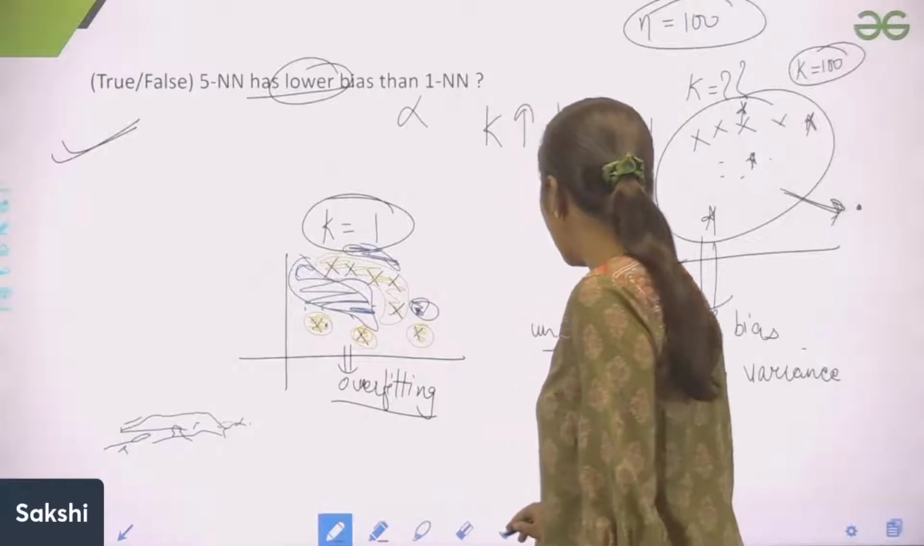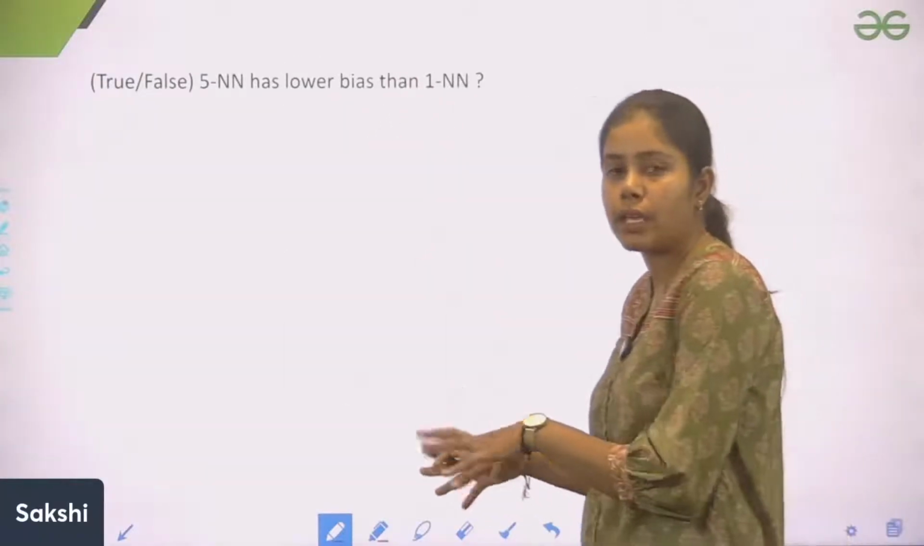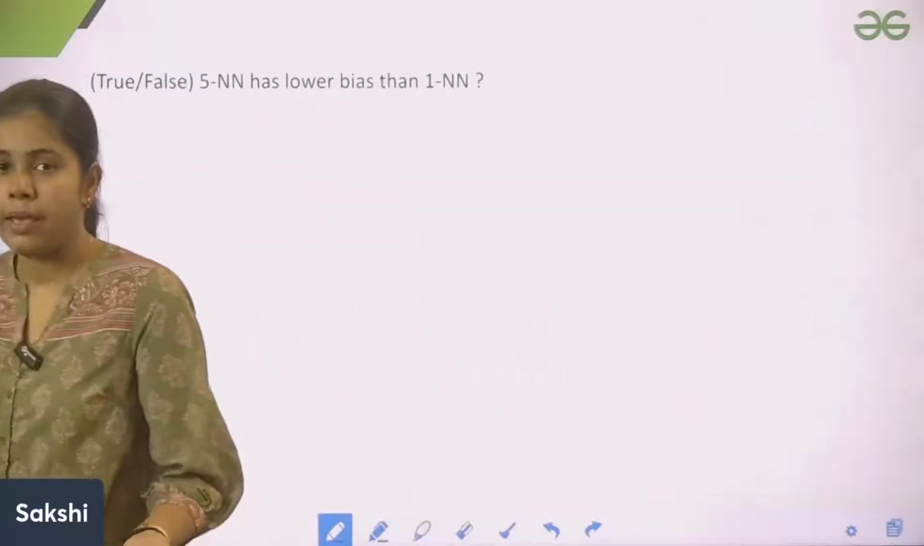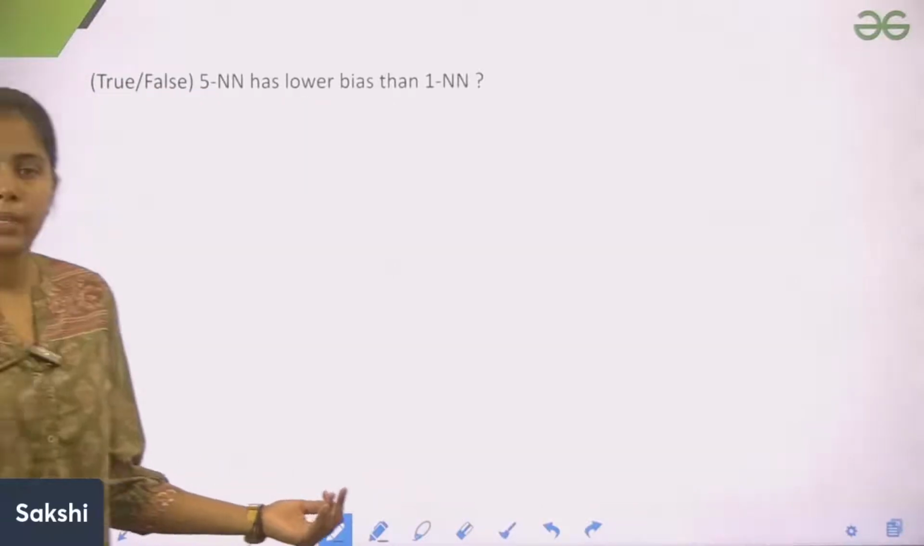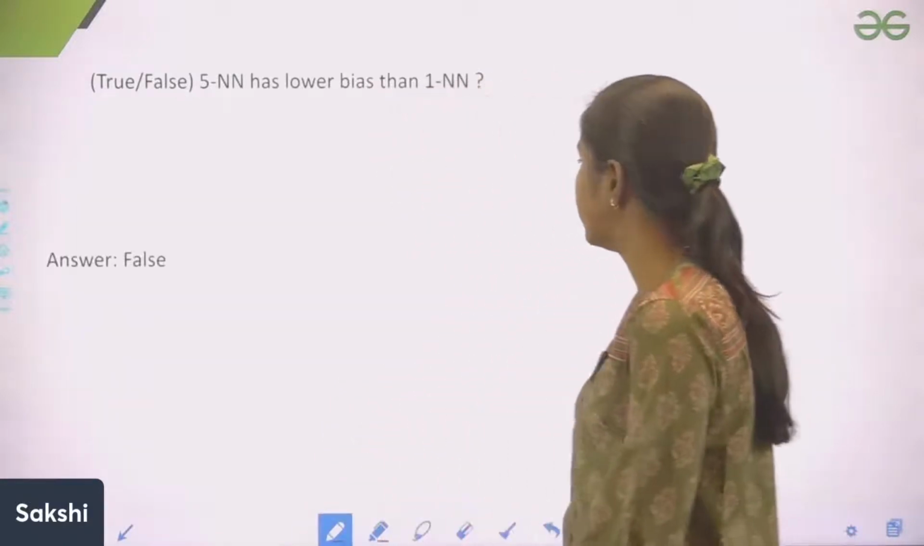दिस स्टेटमेंट इज फॉल्स। भाई ये क्यों फॉल्स है? क्योंकि अभी हमने देखा कि अगर आप k की वैल्यू इंक्रीज करोगे तो बायस इंक्रीज होगा। तो अगर हम 5nn और 1nn को कंपेयर करें तो 5nn का ज्यादा बायस होगा एज कंपेयर टू 1nn, राइट? सो दिस इज फॉल्स स्टेटमेंट।